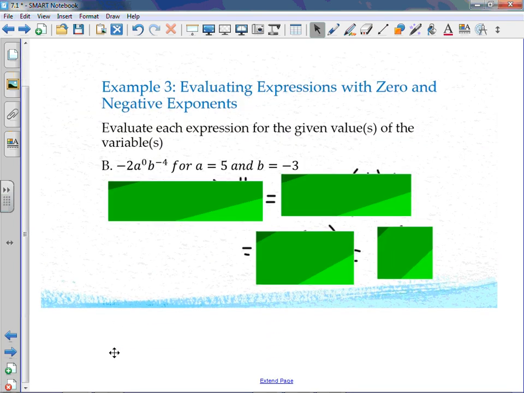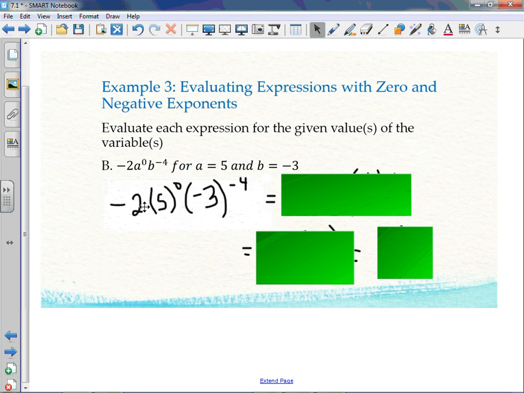All right, here's a bigger one. Go ahead and write this one down. You definitely want it in your notes. All right, so first step when we're evaluating, we're going to replace all of the variables with the number that